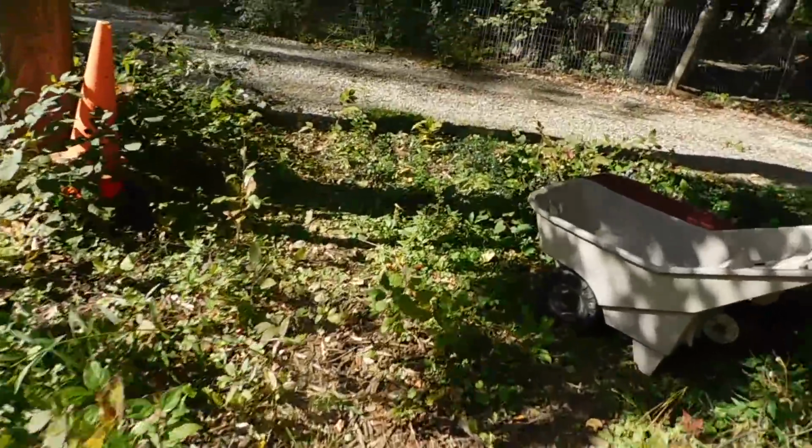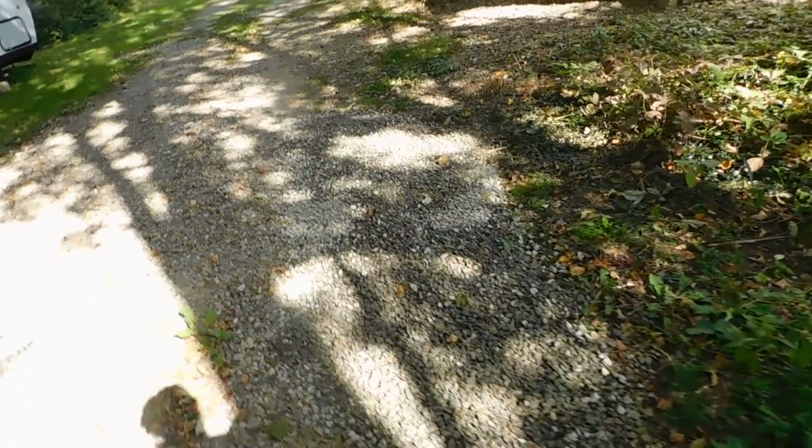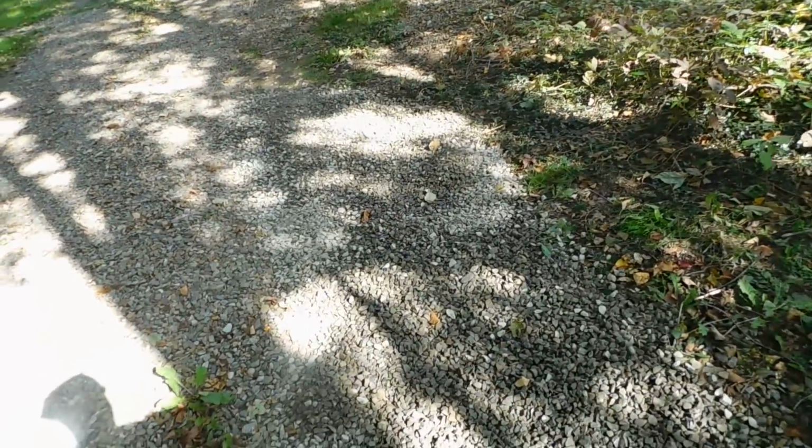And then we're going to get into the topic here in just a minute. I just wanted to show you guys this really fast. So a couple loads of stone went in here. There was a pretty good rut right there. I put another load of stone here. What I'm going to end up doing too, guys, and I just wanted to show you, I'll throw one in here,